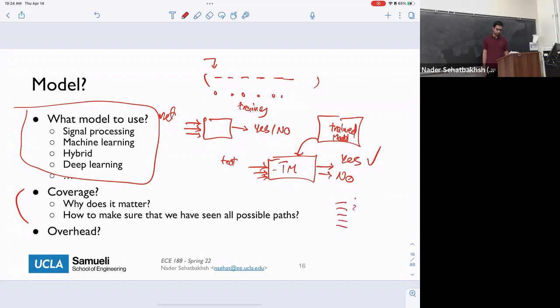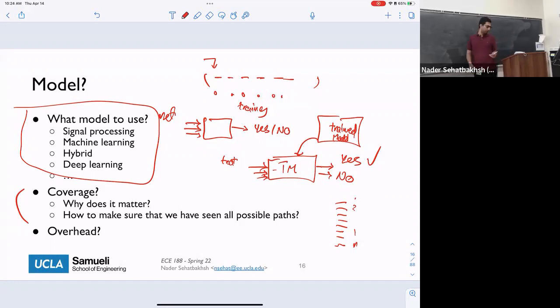Let's call them 1, 2, 3, all the way to n. When you're training your model, of course, what you ideally want to do is see all these different patterns, right? Because then your model will learn all those patterns, and during the actual monitoring time, it can see those and detect them, right?